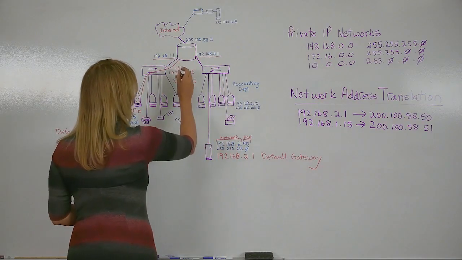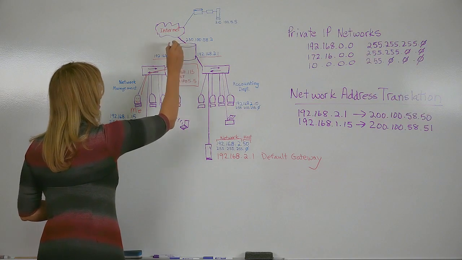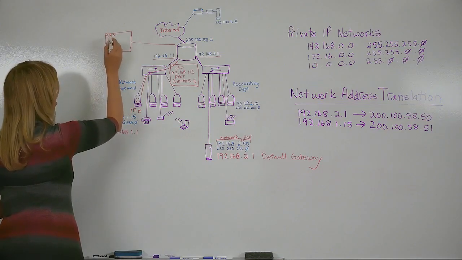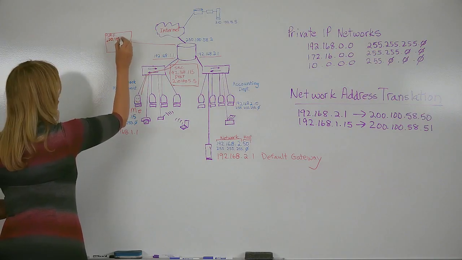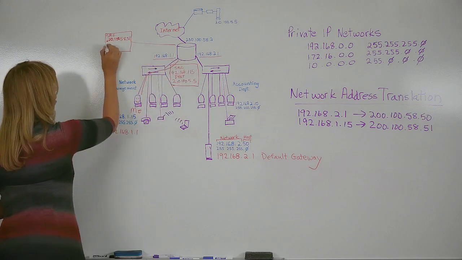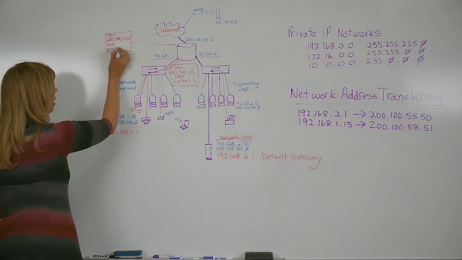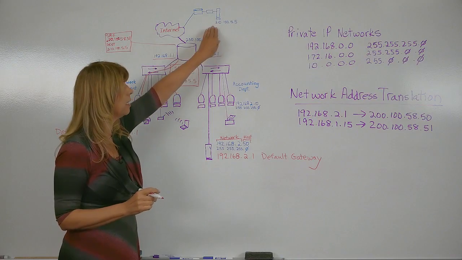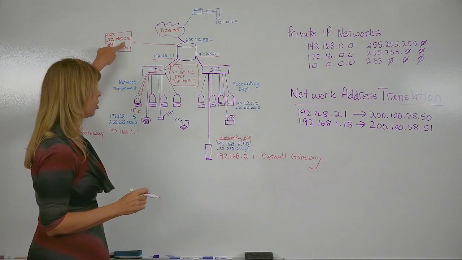So it changes the packet, my little packet here. When it leaves, the packet then looks like the source address of 200.100.58.51 and the destination address of 210.100.5.5. So when the packet actually reaches the server